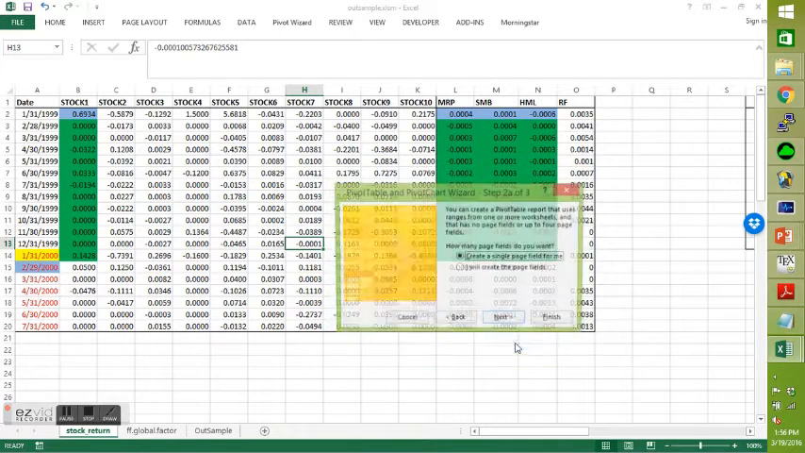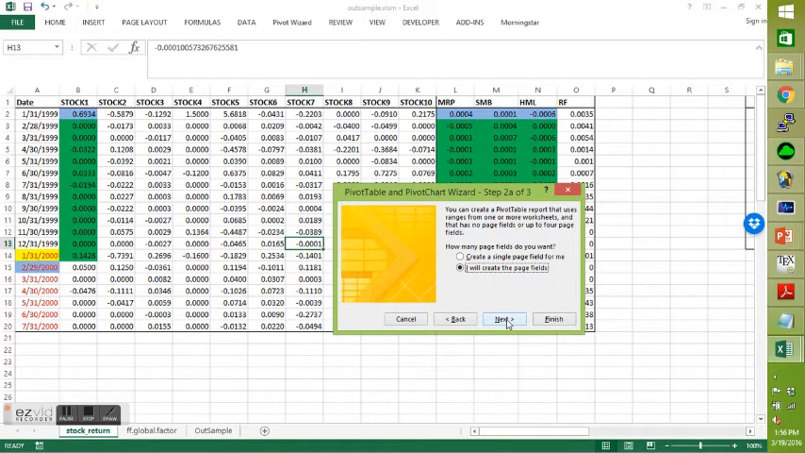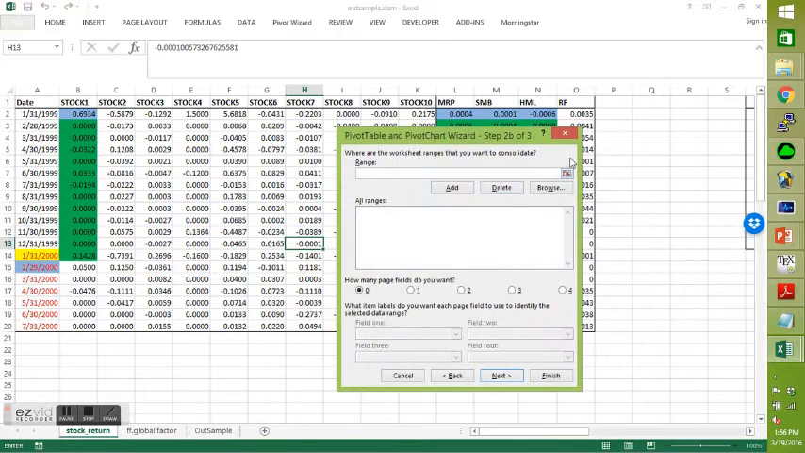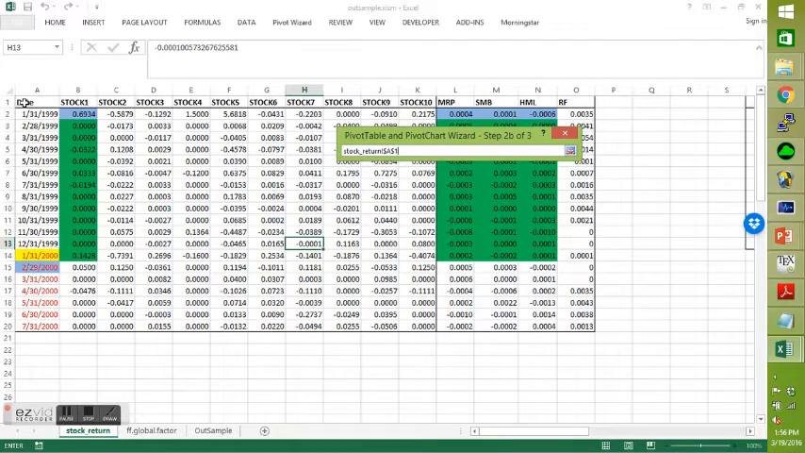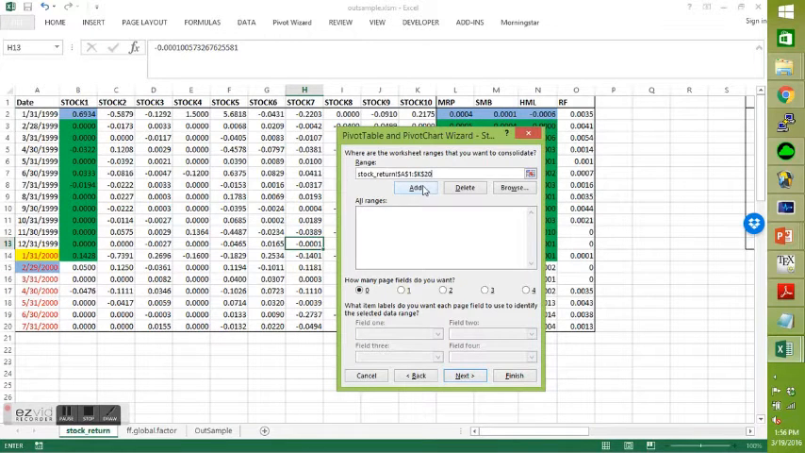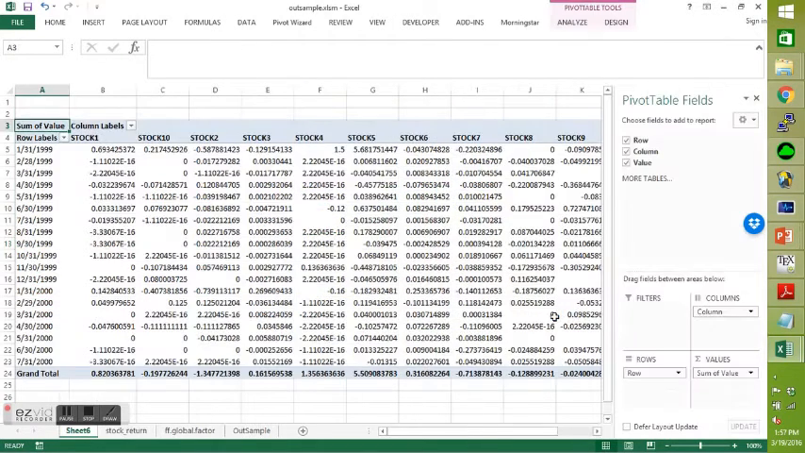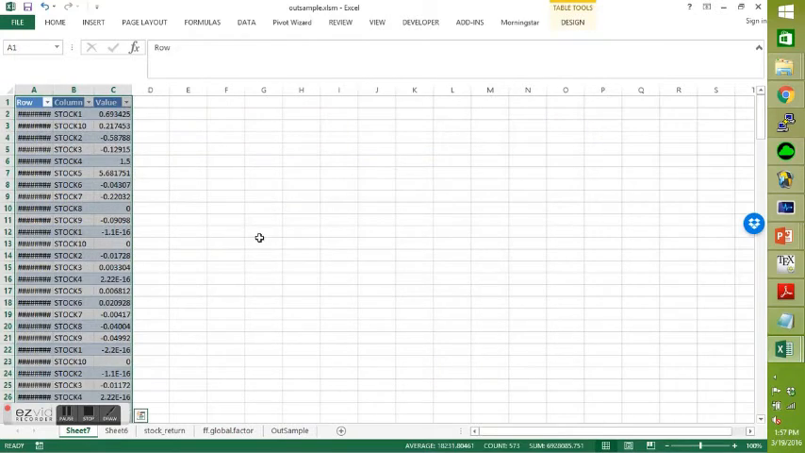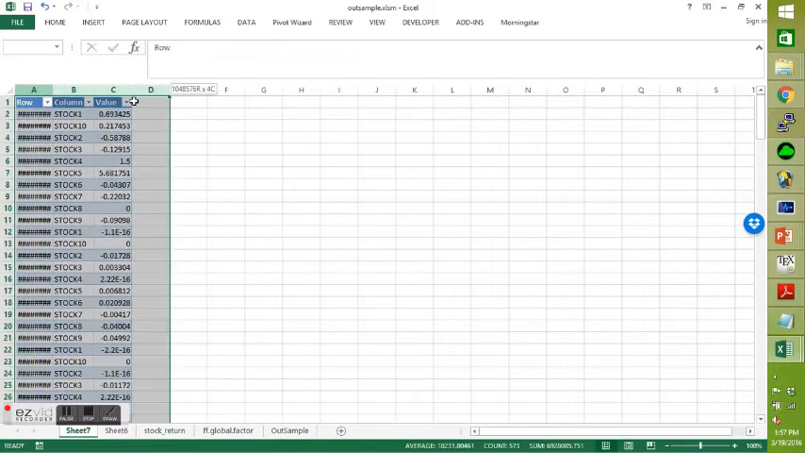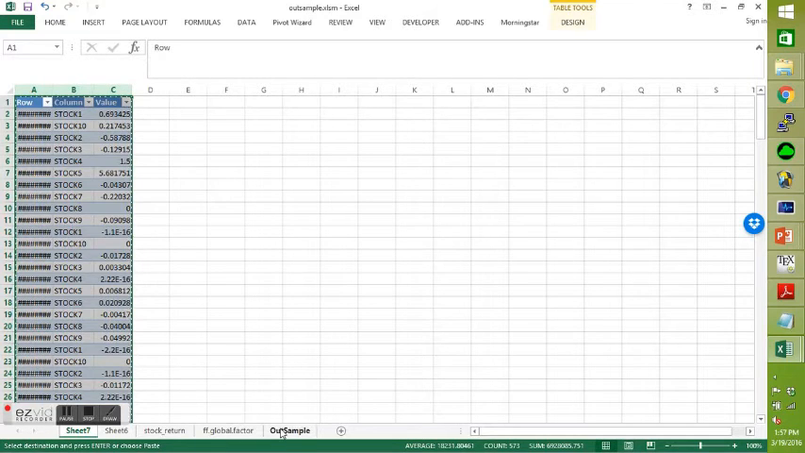Now I will select multiple consolidation ranges. I will create the page fields. Next, I will select just the 150 stock returns data, sorry, in this case 10 stocks. Add, next, new worksheet, right? So I go to the end and double click on that. Okay, I will copy this into my out sample